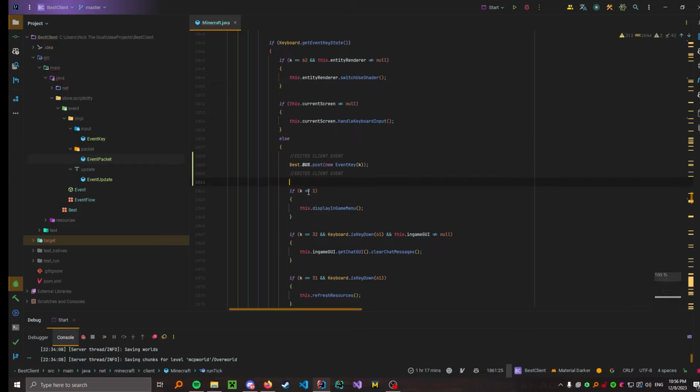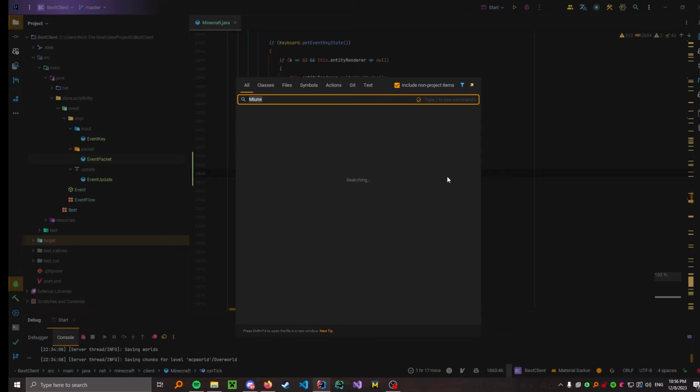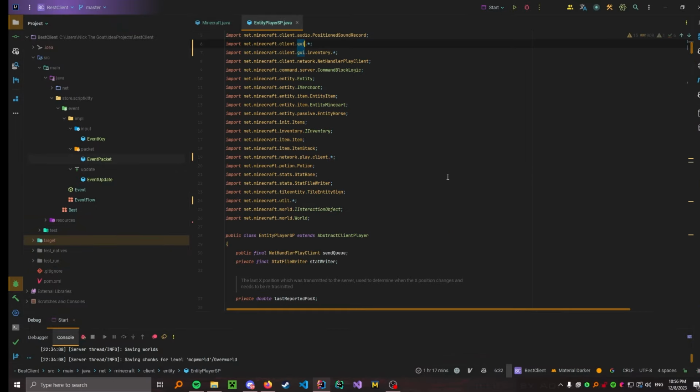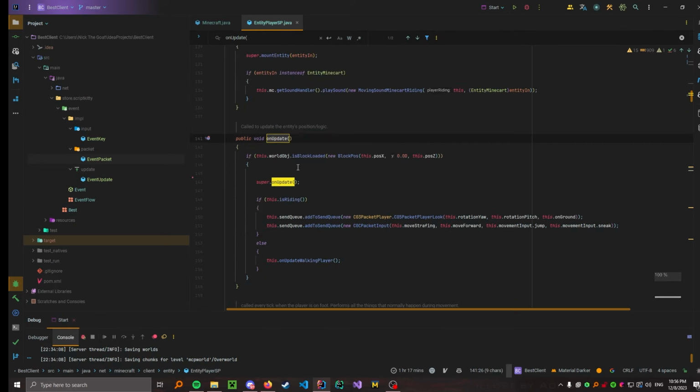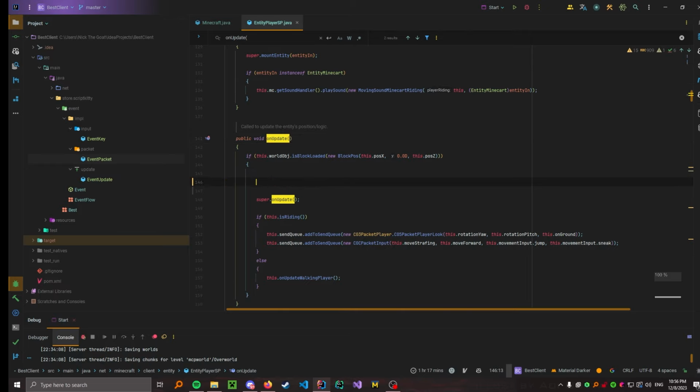You can do it like with start stop or whatever. I just like it like this. So the next thing we'll be hooking is an entity layer SP in the on update method. As the name suggests, this is where we'll be hooking the update on update method. So what we'll be doing is